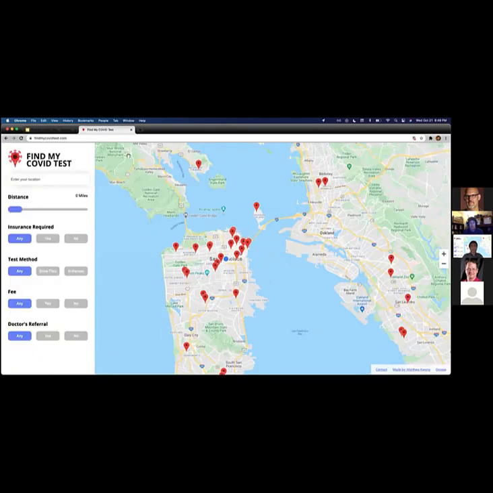Cool. Is it sharing the tab right now, the Find My COVID Test tab, or the slides still? Yeah. It's sharing your browser with the browser tab, findmycovidtest.com. Sweet. Yeah, so